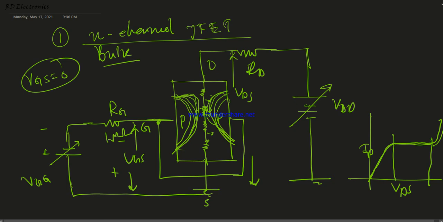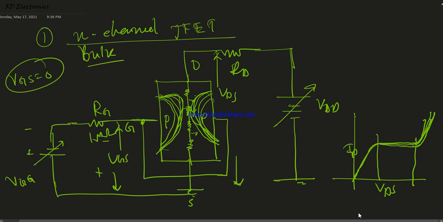So after some time this channel increase remains constant, and that's why there is a fixed amount of current, or saturation, a fixed amount of value, that means a constant amount of current is flowing. After this breakdown voltage, when this VDS voltage is applied, the breakdown region appears. So there is a large amount of current flowing through the JFET. Okay, so we just operate in this linear region or ohmic region and saturation region. Most of the cases, the breakdown region is not used.